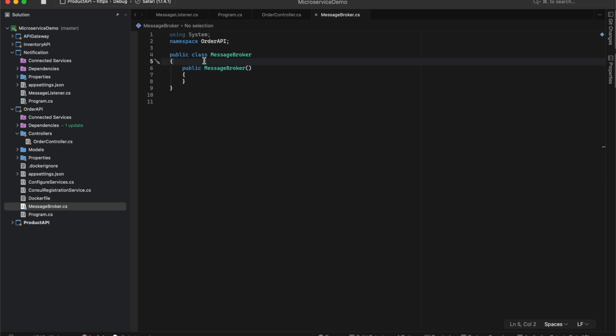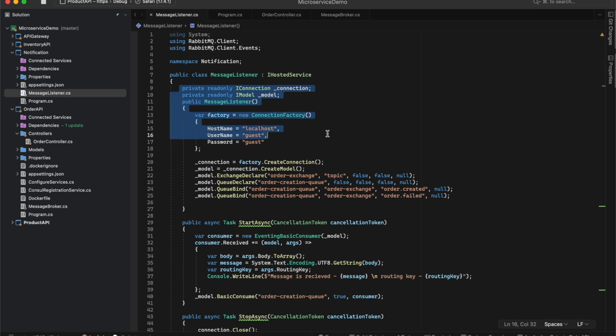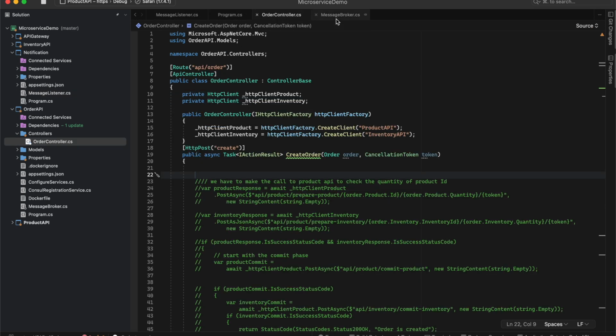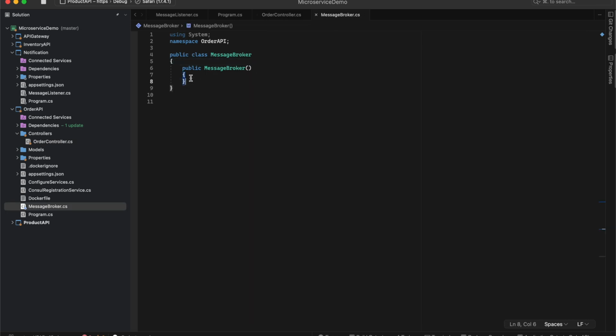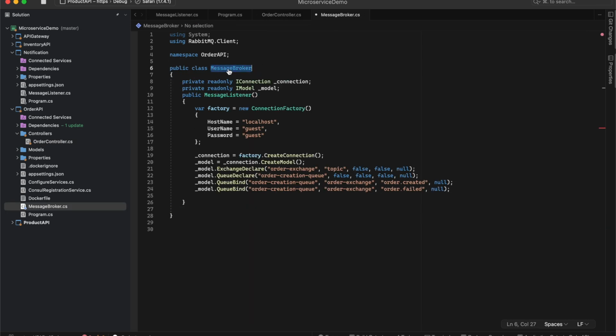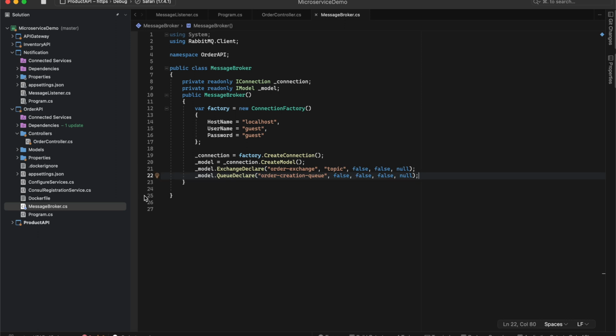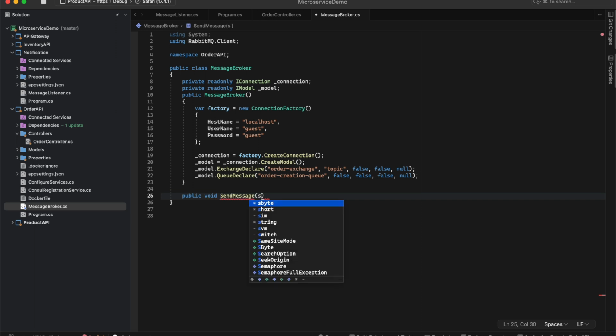I'll copy the code from the message listener. This is pretty much the same. This message broker would come here. We won't declare the queue, we just declare the exchange. That's it. Now we create the method, public void SendMessage, and we give the